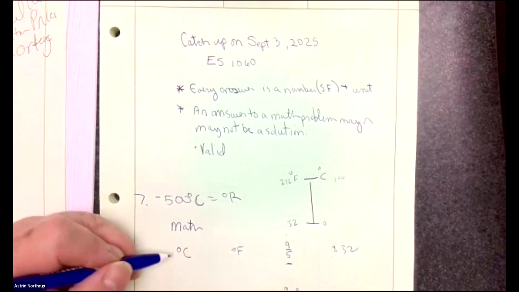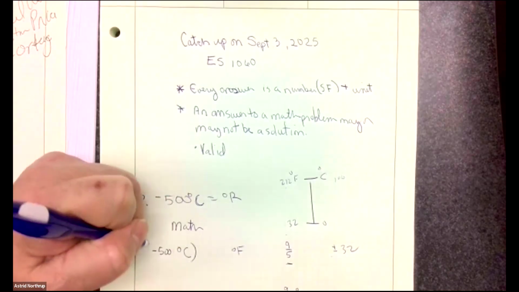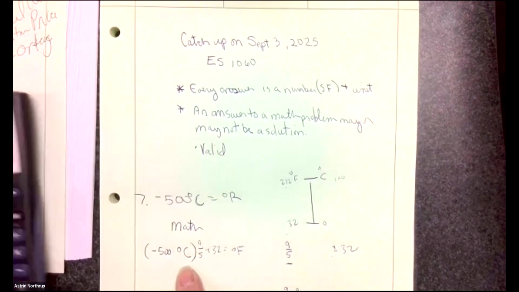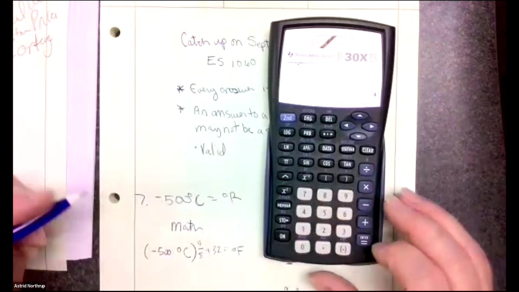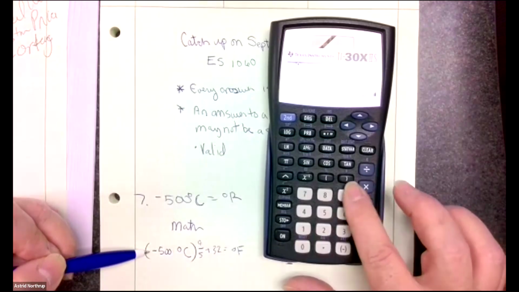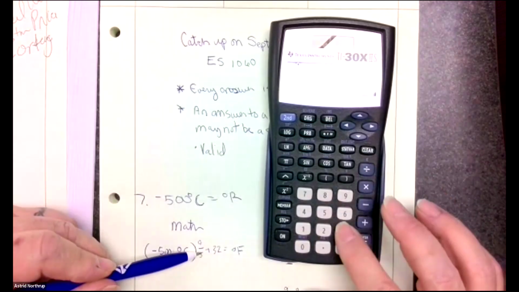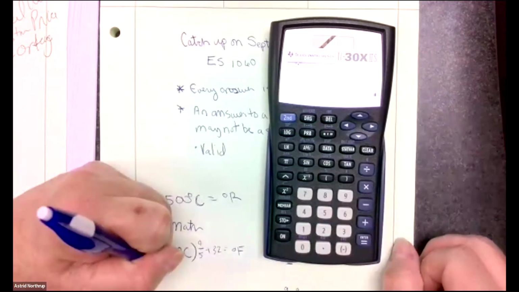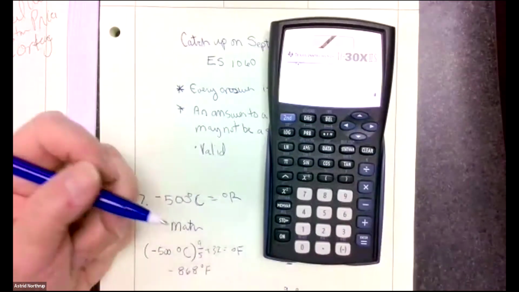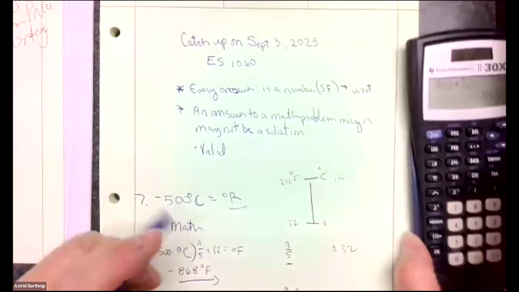If I'm going to do that conversion, I take my degrees C, which is minus 500, multiply that by 9/5, and add 32 degrees. If I punch that into my calculator, negative 500 times 9/5, and then add 32, I get the answer negative 868 degrees Fahrenheit. Now, if I want to convert to Rankine, remember Rankine,